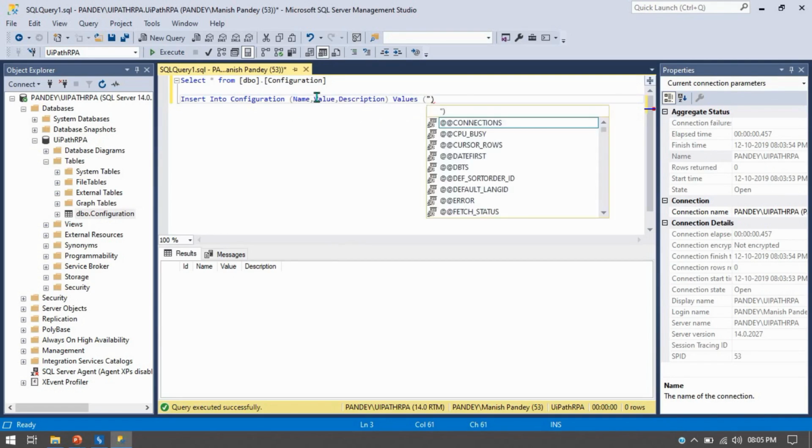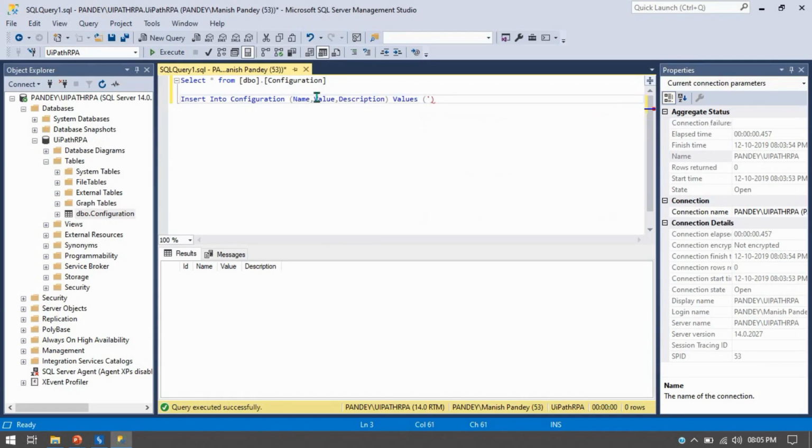In the single quotation we will pass here URL because we have taken the varchar in the name, and then here comma, single quotation again, this is also the varchar, and we'll write here the value is www.google.com,